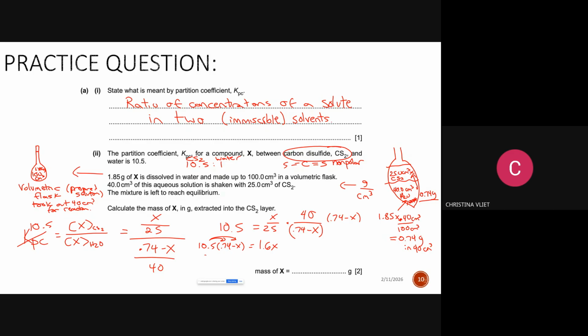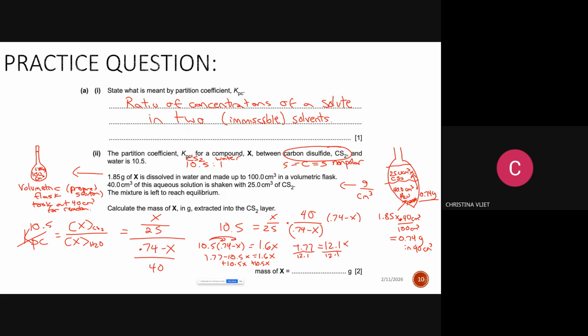Okay, so then we do the rest of the math here. I get 7.77 minus 10.5x. Are we supposed to get a negative number? Is it possible to get a negative number? Nope. Plus 10.5x, plus 10.5x. I get 1.77 equals 12.1x. It means something went wrong in the algebra. That's what that means. And then the answer is